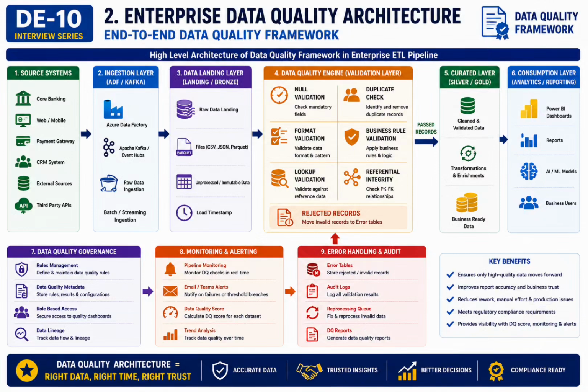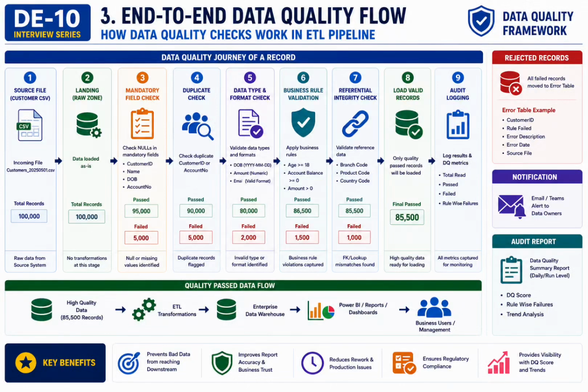Now let's follow one customer file through the complete pipeline. A customer CSV file containing 1 lakh records arrives from the source system. The file first lands in the landing zone exactly as received. Then mandatory field validation begins. Suppose 5000 records are missing customer IDs or account numbers. These records immediately fail validation. The remaining records move to